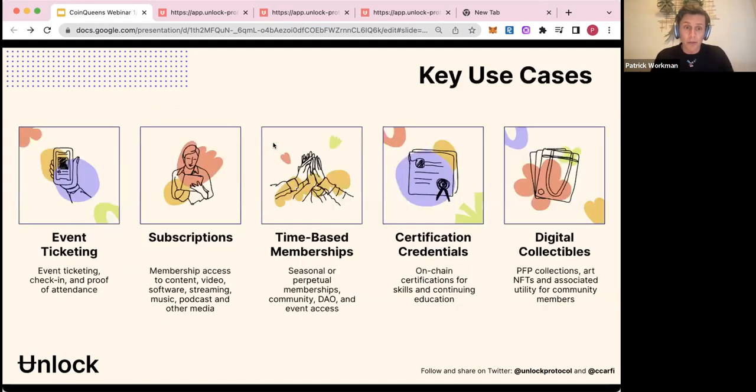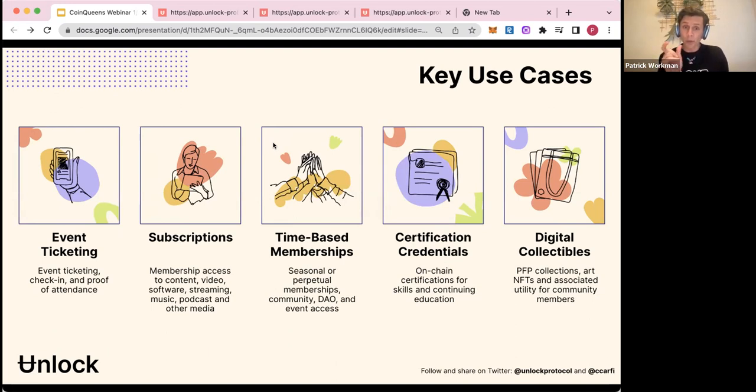Some of those business models are tickets. Ticketing is a pretty common use case for NFTs. You can build tickets on Unlock Protocol, which I'll show you here in a bit, that you can use for your event. It's essentially a QR code that you can scan with a mobile phone, or you can print out a list of people that are going to be attending an event. This could be an event with tens of thousands of people, or it could be a dinner party with three if you wanted to experiment with these.